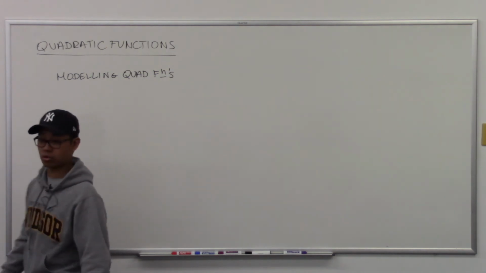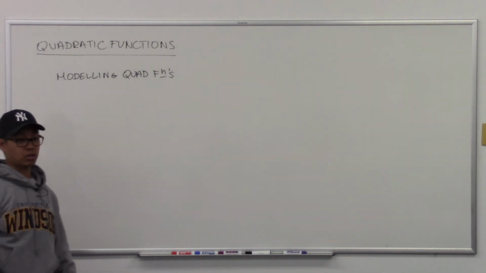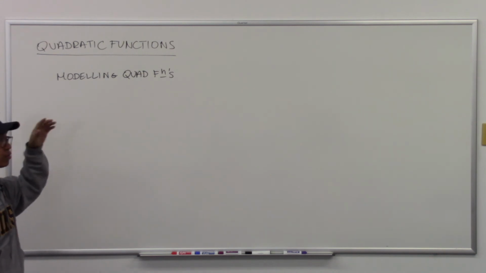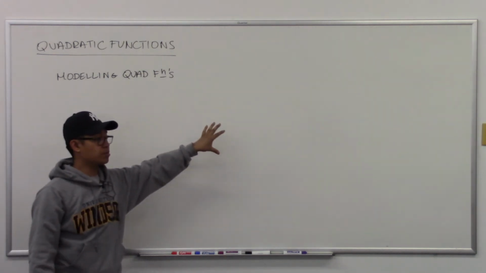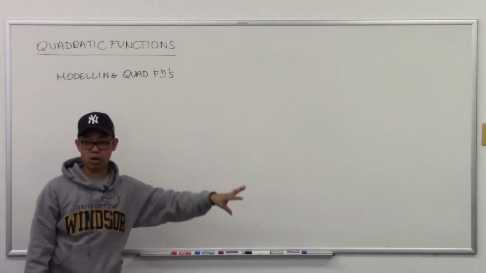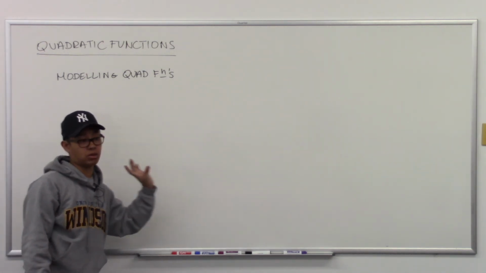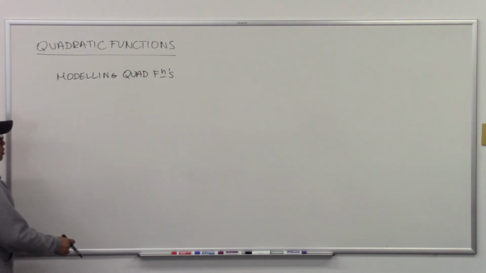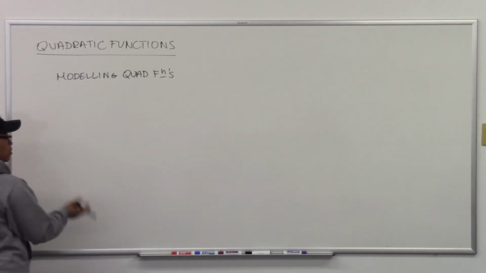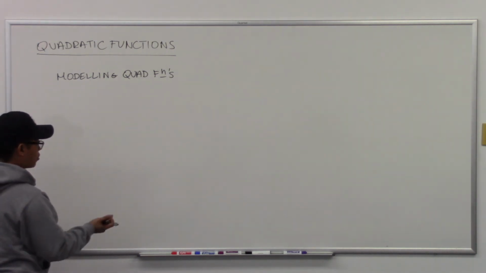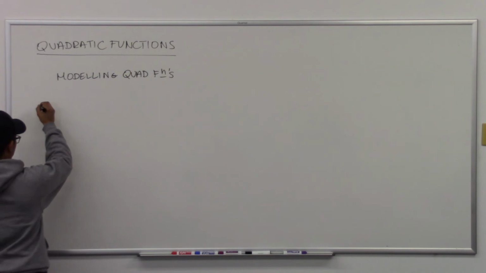Modeling means that you're going to find the equation of the function. I'm going to give you information, so instead of me giving you the equation and then you graphing it or telling me the properties, I'm going to give you the properties or give you a graph and then you're going to model it. You're going to give me the equation. So I'm going to either give you a graph or give you information and you're going to go and find me the equation. For example,